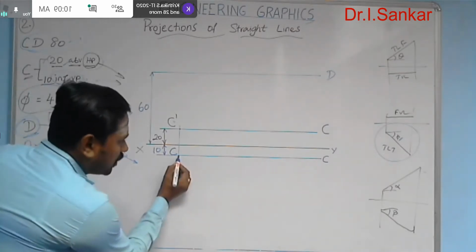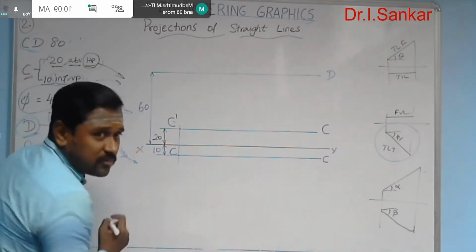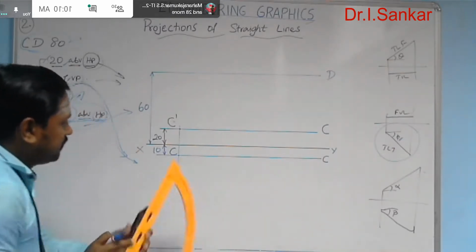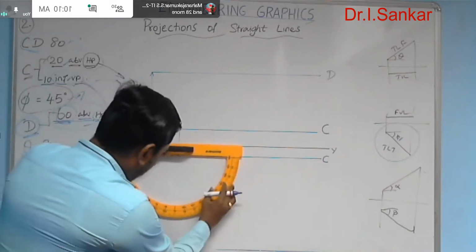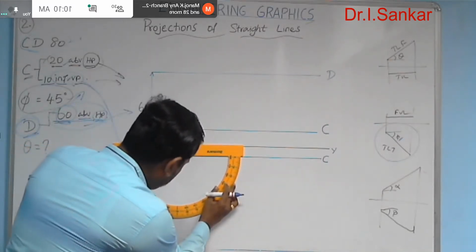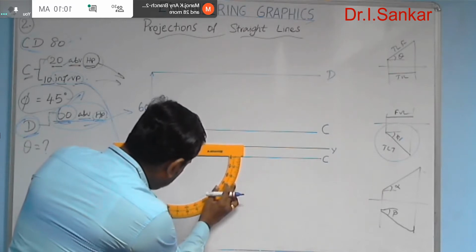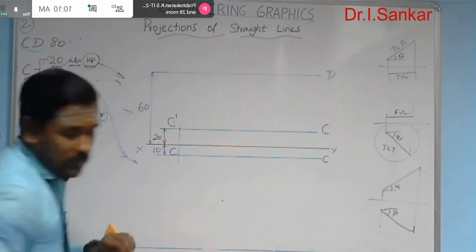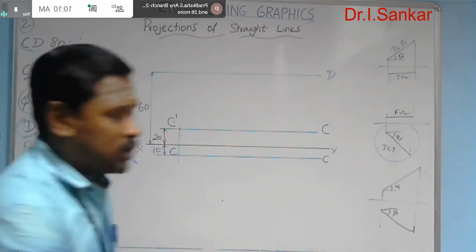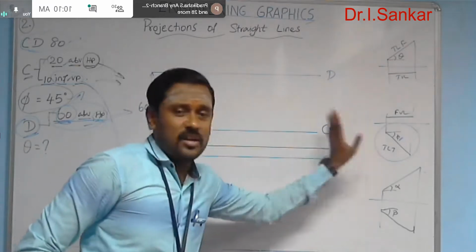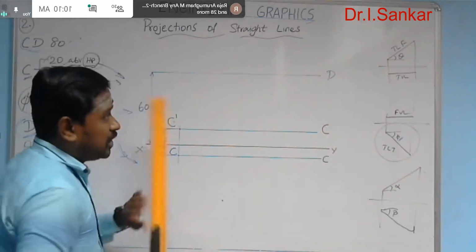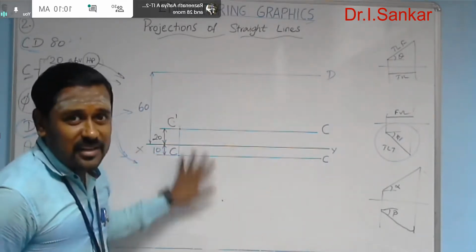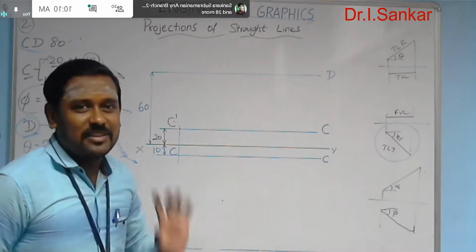From this point, you are going to draw the 80 mm length line with the true inclination phi. You can draw a line here. Measure 45 degrees. And with the given length, first you can draw the true length line in the top view area. So we need to draw 6 lines. At the end, you have to provide 6 lines in this answer area. We just started with the first line.